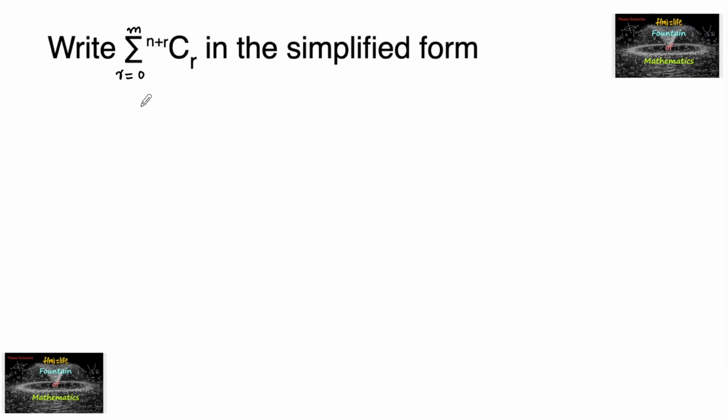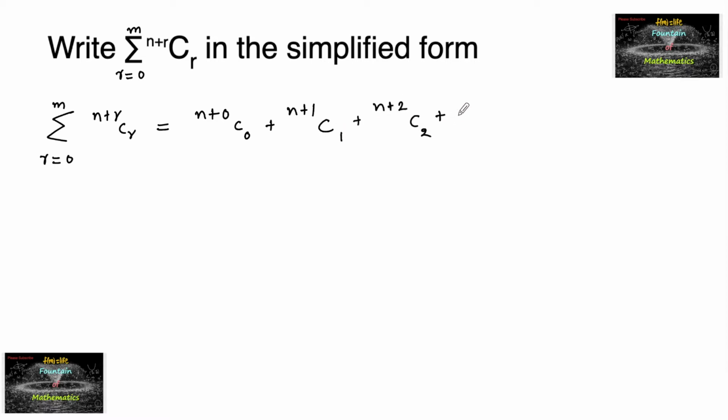Write the summation r is equal to 0 to m of n plus r C r in the simplified form. Summation r is equal to 0 to m of n plus r C r, which is equal to n plus 0 C 0 plus n plus 1 C 1 plus n plus 2 C 2 plus and so on up to m. So n plus m C m,